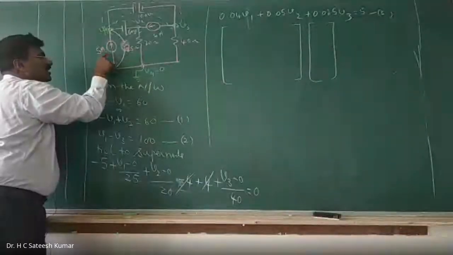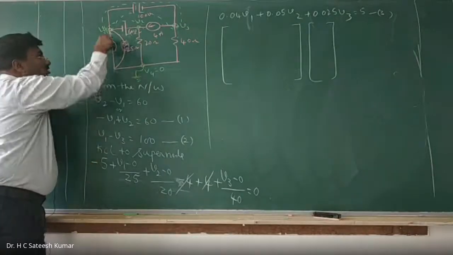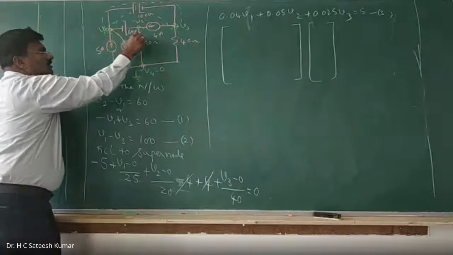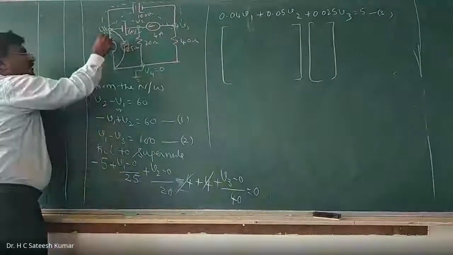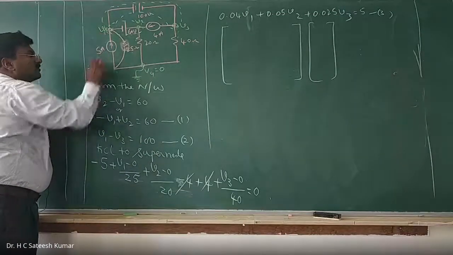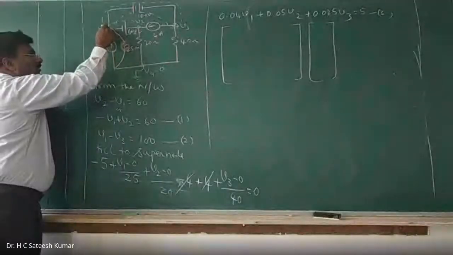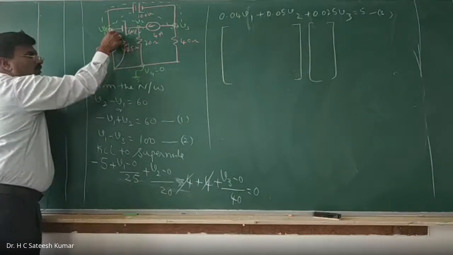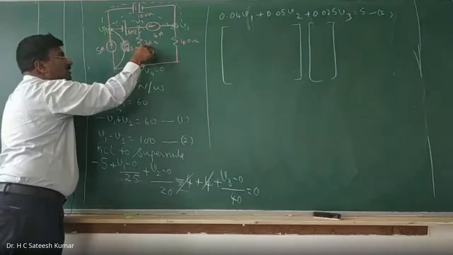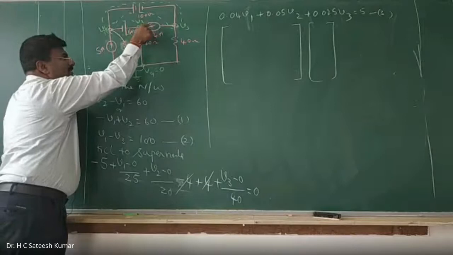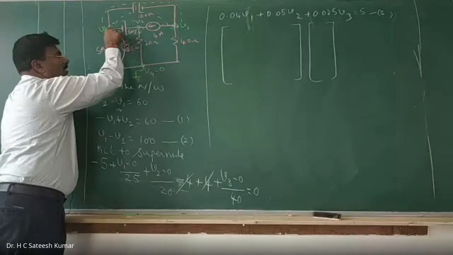We can write it. Before that, here, current is entering. Current is entering means minus 5, because current should leave. Therefore, see, 1, 2, 3, 4, 5, 6. 6 terms are there. All the 6 terms you should write. So now what should you write? Current is entering means minus 5. And next, V1 minus 0 divided by 25. These two over. Next, V2 minus 0 divided by 20. These two over. Next we come to this one. How many elements are there? 2 elements are there. This one you should leave. The voltage source term, whichever we have combined into the supernode, we should remove it. This also we should remove.